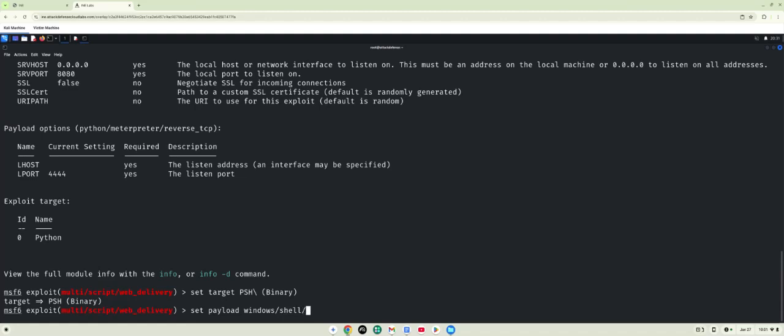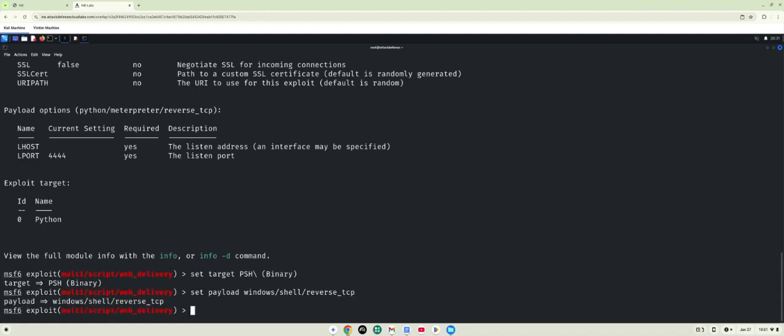Shell reverse underscore TCP. So it's going to set up a reverse shell targeting a TCP port. All right. And then last thing I need to do is disable the PowerShell code from being encoded